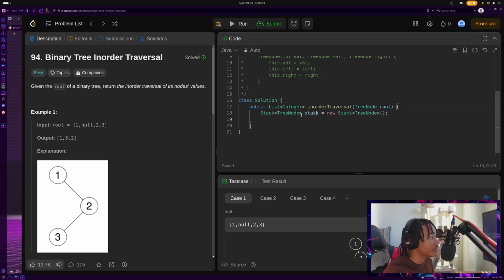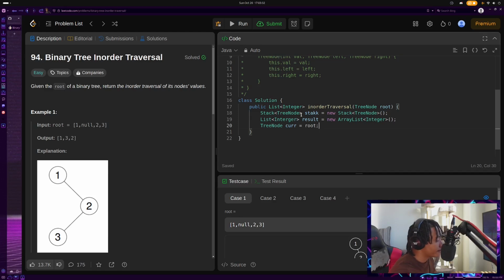And then I'm going to add a list because we've got to return a list. I'm just going to name it result. And there's one other thing I want to do, and that is creating a new TreeNode. I name it cur, and it equals root. So now what I do is while cur does not equal null,